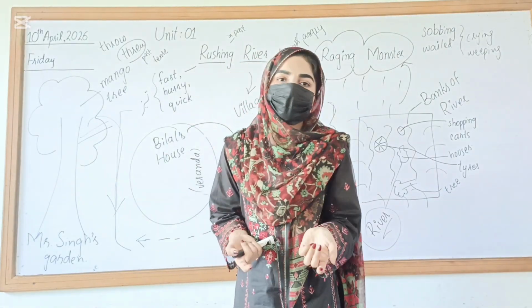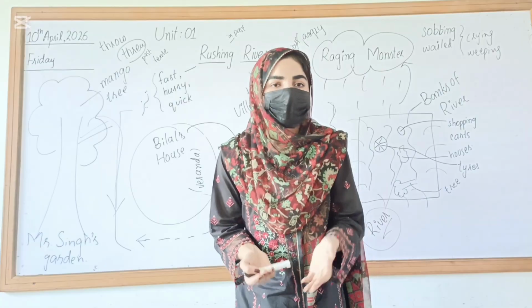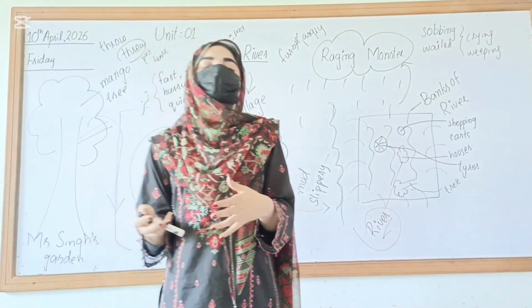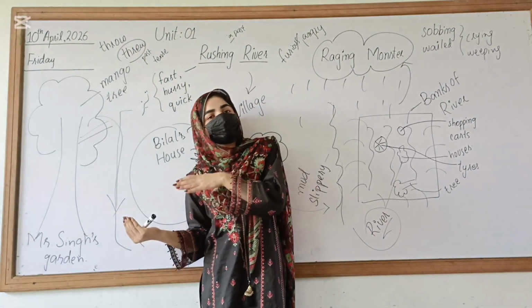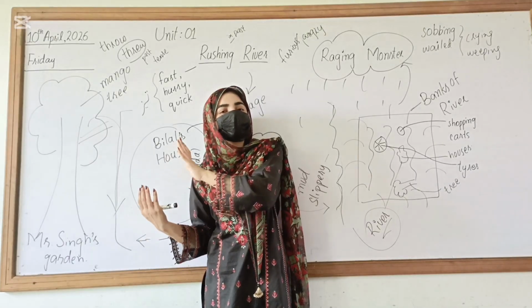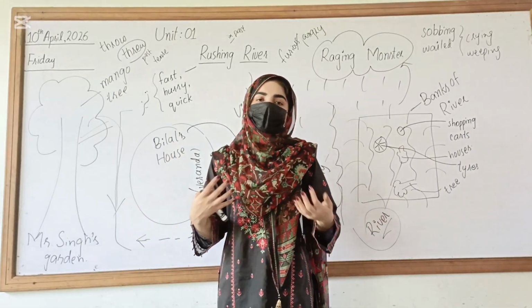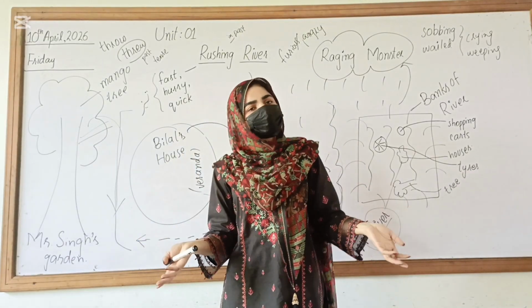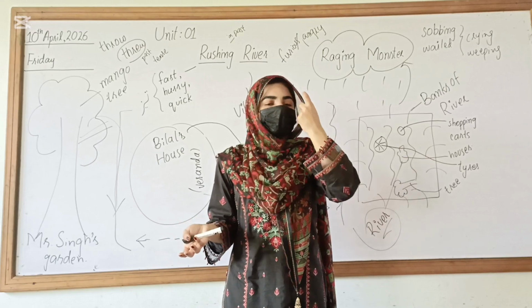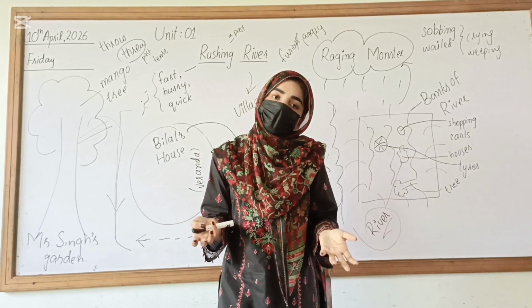तो बिलाल would have communicated, वो अपने पेरेंट्स को बता देता कि मैं वहाँ रिवर के पास नहीं जा रहा, बल्कि मैं पीछे जाऊँगा मिस्टर सिंह के गार्डन में. I will sit there on any branch of the tree and have a look at the river. मेरा भी काम हो जाएगा, आपकी भी बात मानी जाएगी. तो ऐसा हो सकता था ना कि अगर वो अपने पेरेंट्स को बताता तो उसके पेरेंट्स उसकी बात सुन लेते,